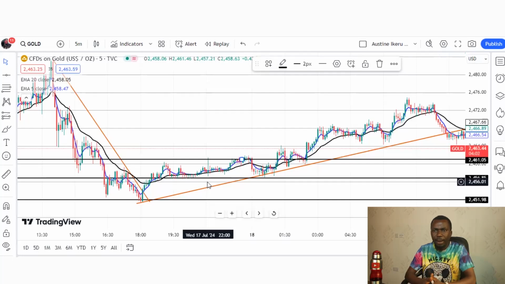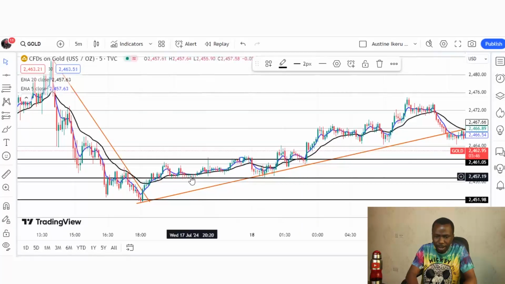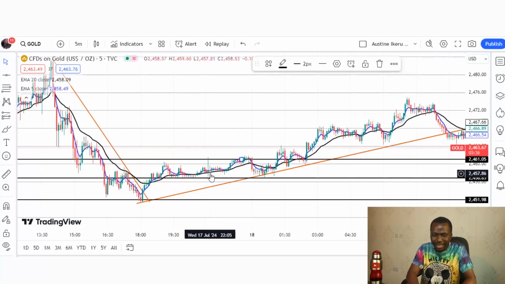As a scalper, you need to be watching the market, right? That is your job as a scalper. You don't place a trade and leave. You must stay glued to your chart. We watch the market and take action based on market reaction. So as you take your buy trade and the price smashes your take profit, and this candlestick got rejected and the price came back again to your entry, what you will do is enter a buy trade again,